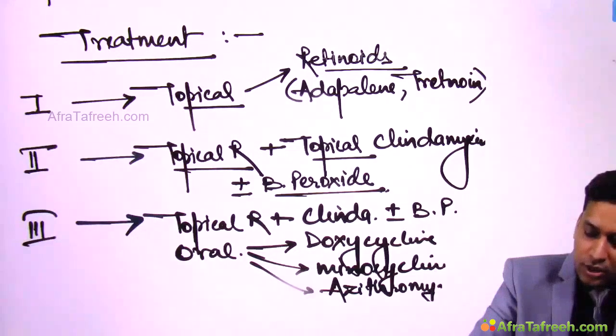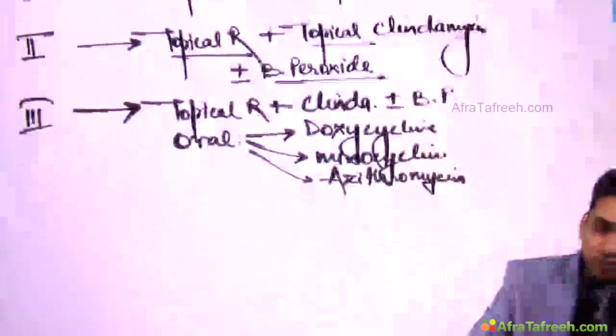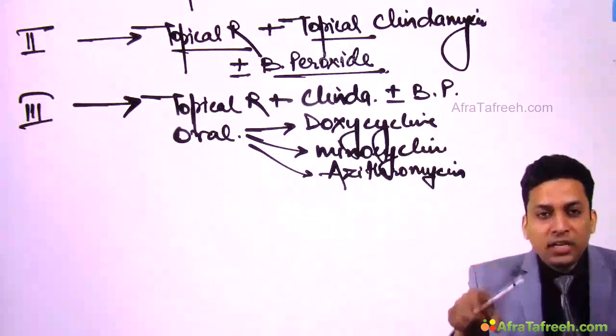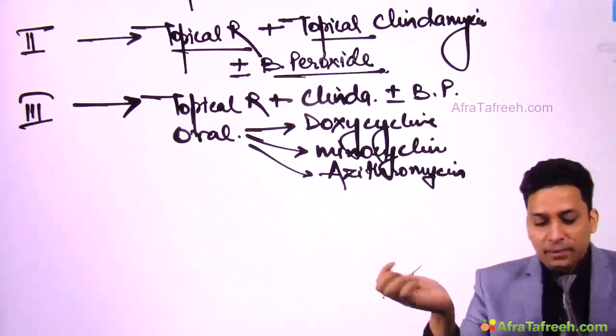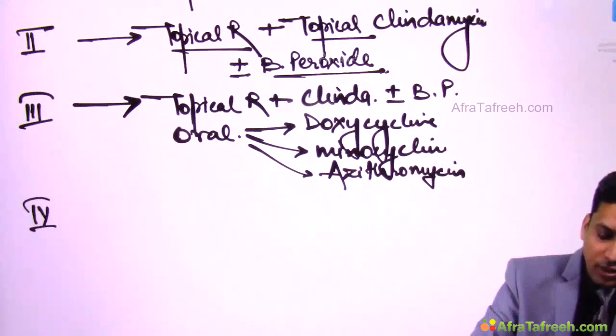Because the majority of the lesions are pustular, there is a lot of Propionibacterium acnes infection, so oral antibiotics are to be added. If it is grade 4,